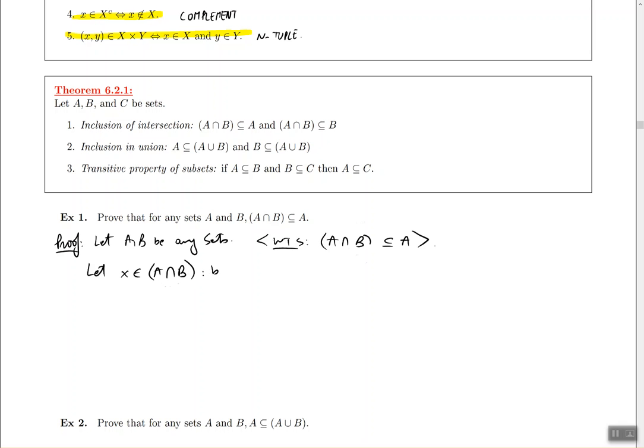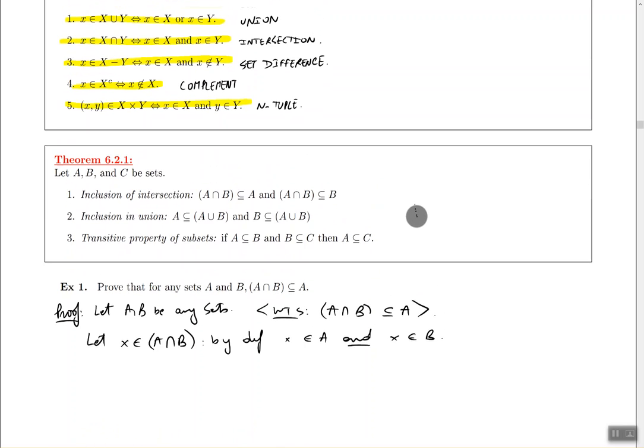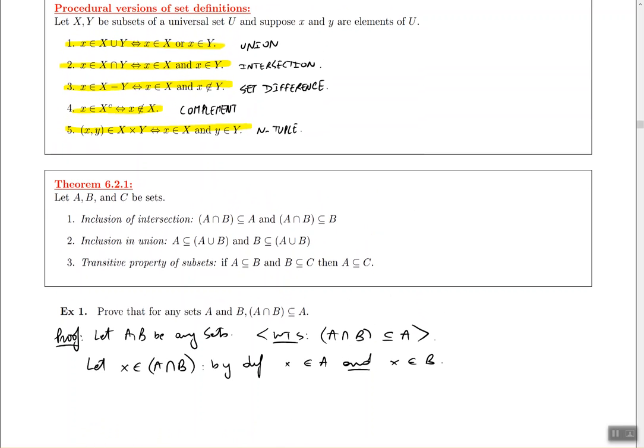By definition, X has to be inside of A and X has to be inside of B. How do I know that? I know that by the definition up here, the one that's called intersection. If you're in the intersection, then you're in the first set and automatically in the second set. Okay, so therefore, we can say,